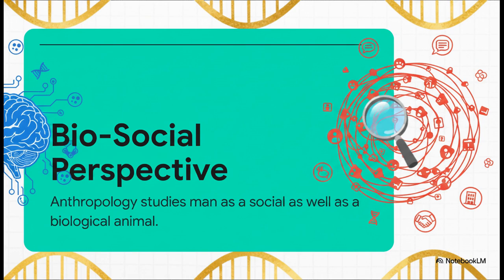Anthropology unleashes its signature biosocial perspective. What does that mean? Well, it means absolutely refusing to separate our biological hardware from our societal software. It studies humans simultaneously as both social and biological animals. And why does this matter to us? Because you literally cannot fully understand human behavior today without understanding the biological and evolutionary steps that actually got us